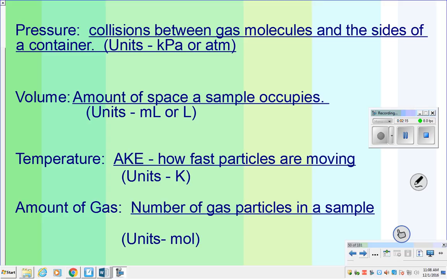In this part of this unit, we will talk about our temperatures in Kelvin for a number of reasons, not the least of which is we won't have any negatives. The amount of gas is also important, the number of actual particles there, and that would be in the unit of moles. We don't actually worry about this in the calculations that we do in Regents chemistry, although the amount of gas in a sample will obviously affect things like volume and pressure.